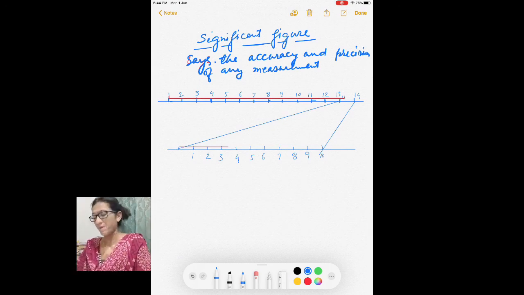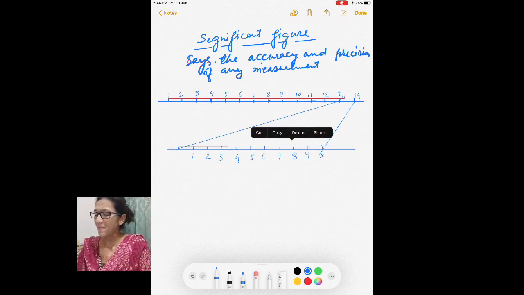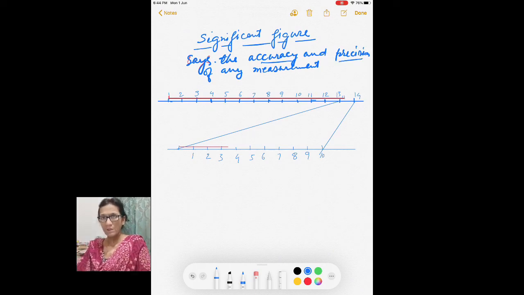Now you have two new terms, accuracy and precision. We will be talking about the two things later. So first of all, you would like to make an understanding about what significant figure is. Suppose you have to measure the length of any object and you have placed this object along the length of